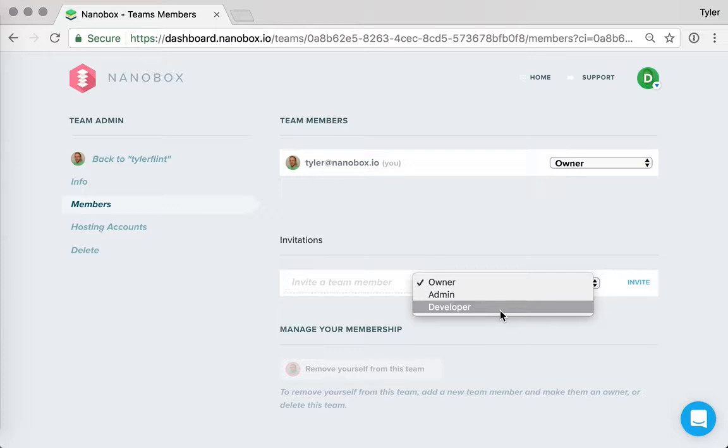They will not have access to manage, scale, access control. They won't even be able to access the database or see environment variables or any sort of sensitive credentials. So if you have developers who really just need to deploy, that's a great role to assign to them. Now, admins are the